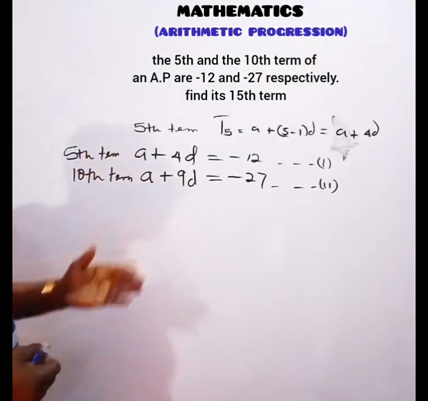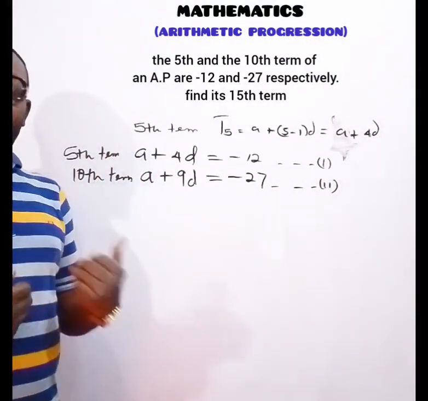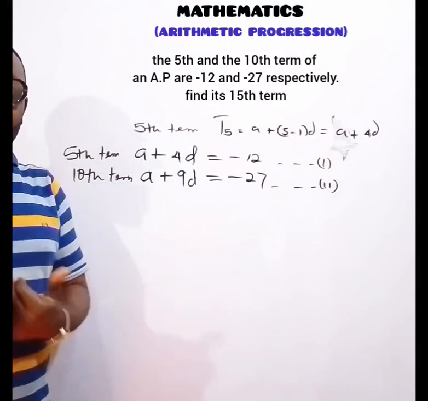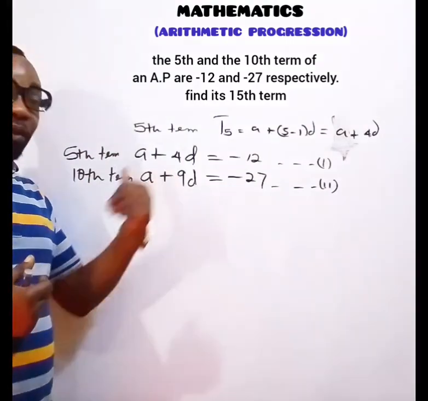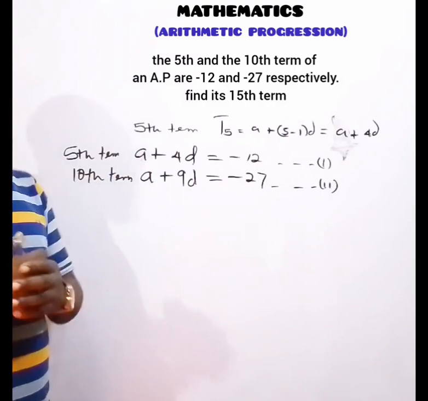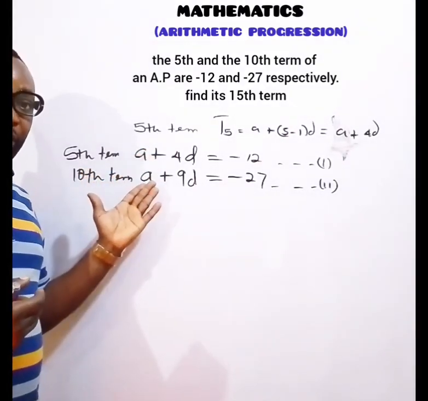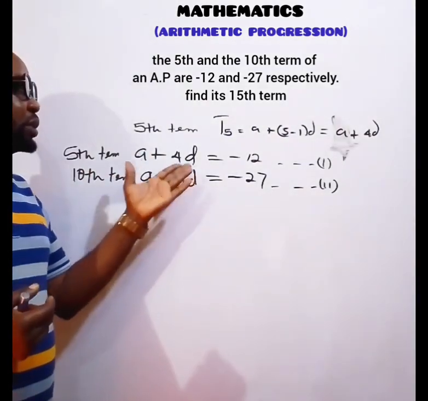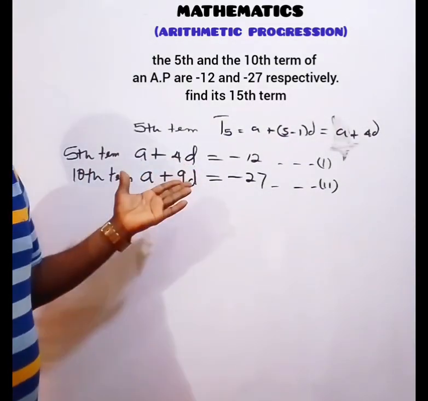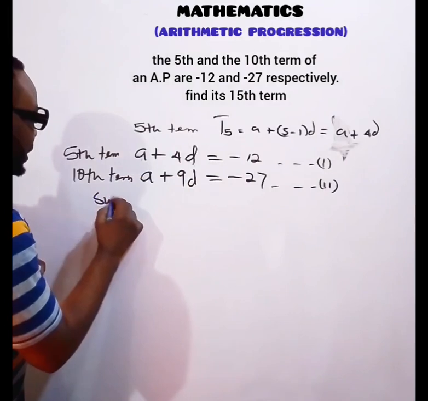Now, in that sense, I have to bring in the method I use in solving simultaneous equations in order to solve this. The first step is for me to eliminate this particular a value here. By doing what? Let's subtract. Which one should we subtract from each other? Let's say subtract